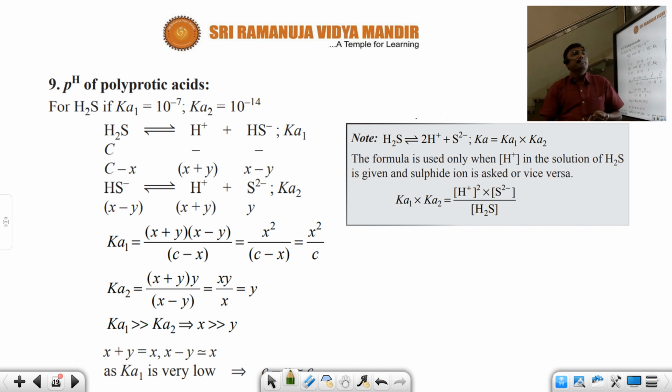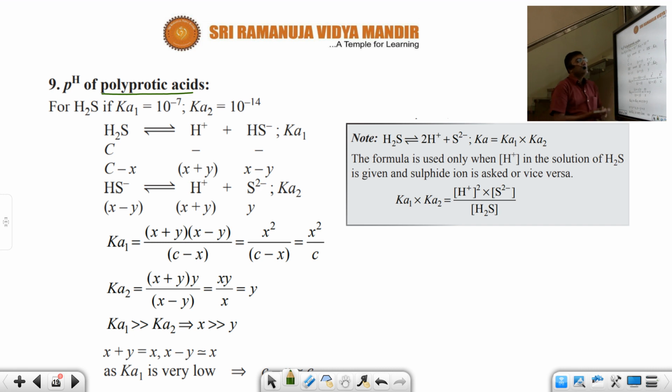A couple of weak acids are a mixture of weak bases. This is what you have seen. Now it's time to talk about polyprotic species. What is the meaning of poly? Poly means many, like polymer, which has many parts. So polyprotic: protic means H plus ions, so the species which gives many H plus ions are called polyprotic.